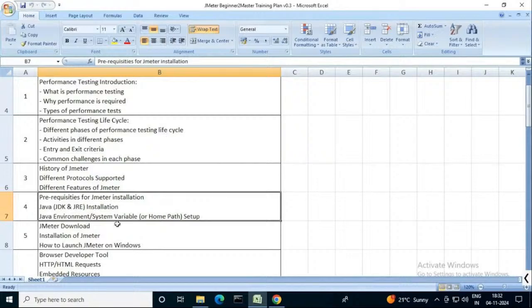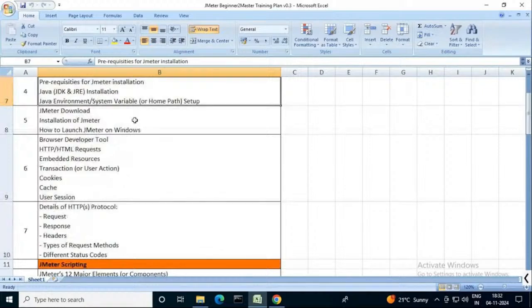Once we are done with the prerequisites, we will go to downloading JMeter. We'll download JMeter, install JMeter, and launch JMeter. So by now we have set up JMeter on our system. But before jumping into JMeter, guys, there are some concepts you should be aware of. Some would be aware, some might not be, so we are going to cover some of those concepts, which are very much required for you all